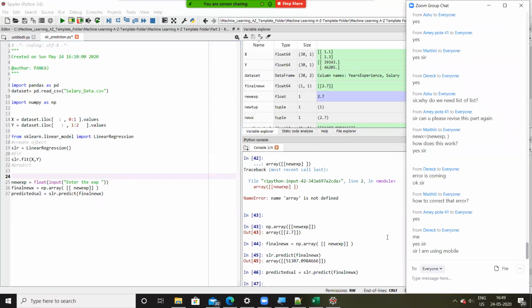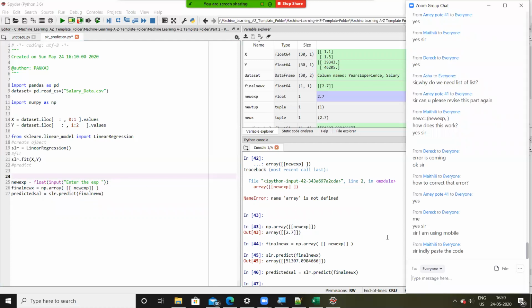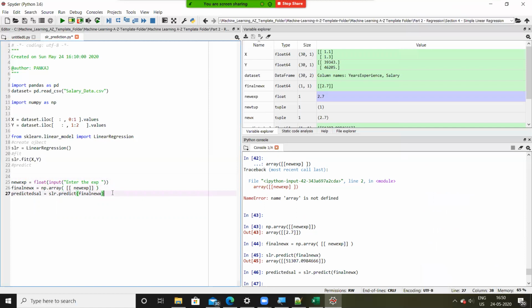Can you guys try it now? Let me paste these 3 lines of code.